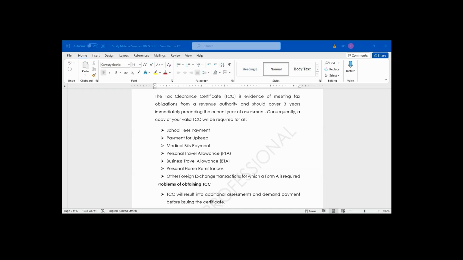Now, what are the impacts of multiple taxation on Nigerian business? What impact will multiple taxation have on Nigerian business? Number one, multiple taxation will make Nigerian business very cumbersome to operate. Because of multiple taxation, it will be very hard for most people doing business in Nigeria to carry on their business.